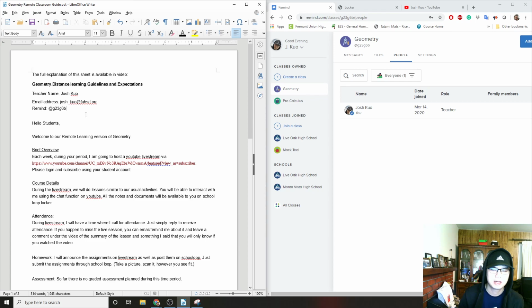But there's a new thing that some students suggested was really useful for them in AVID, which is Remind. So Remind, I set it up for geometry as well. The adding code is right here, so if you could add, that would be nice. Basically it's like a text, but you're texting without exposing your own phone number. That way you can keep some privacy, but also get instant feedback or instant questions answered.